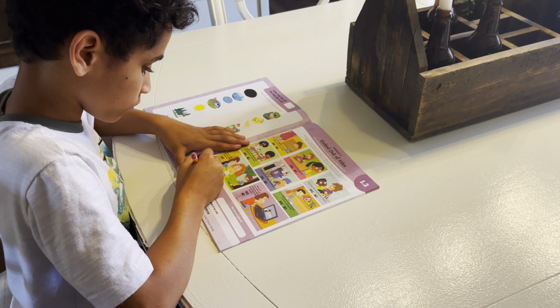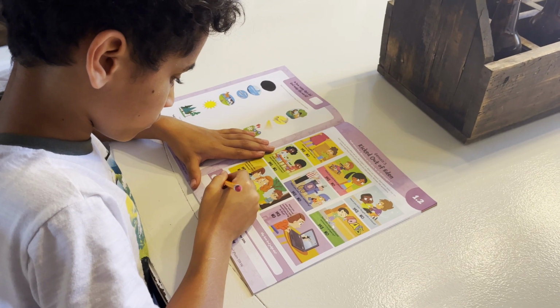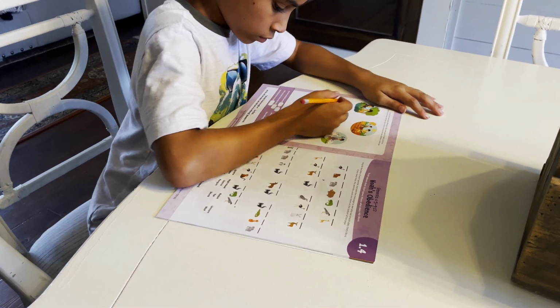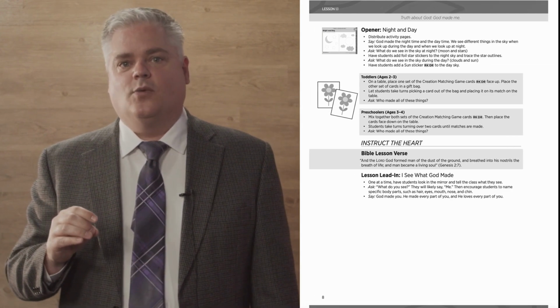This allows the teacher to get students to sit down at a table to focus all of your students on doing the same activity. In addition, another activity or two are provided to allow the teacher to further open up the lesson. As you plan out your lesson, decide which options to do based on the developmental abilities of your students. Now that you've introduced the lesson, it is time for the second section, Instruct the Heart, which tells the